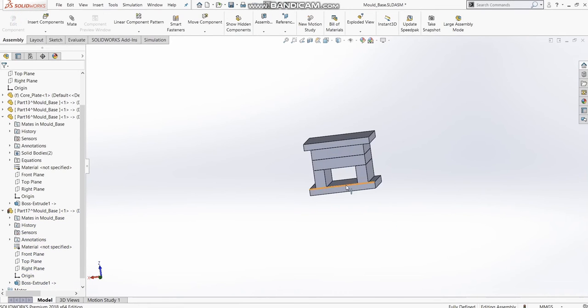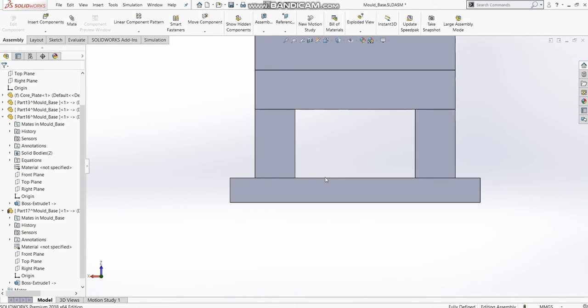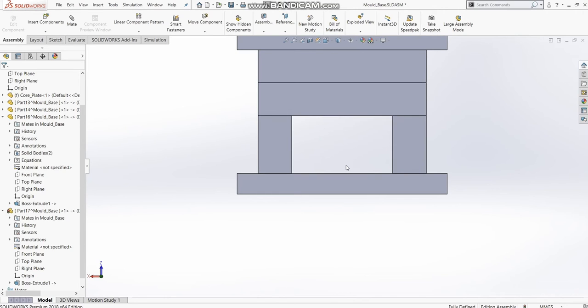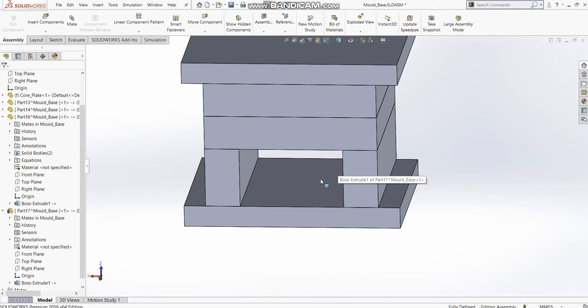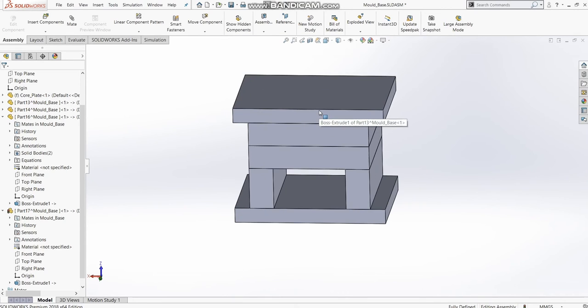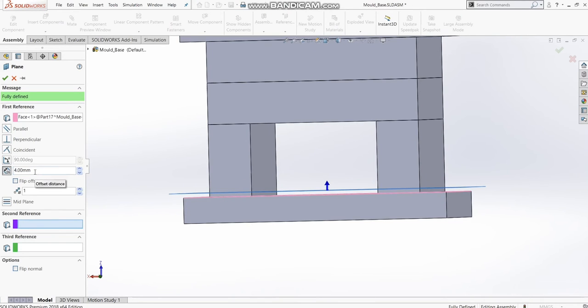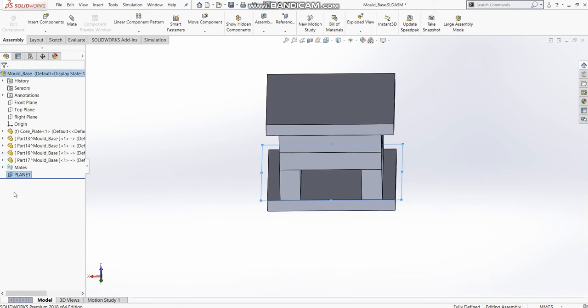The remaining things are the ejector backplate and the ejector plate. Now if you see, between the bottom plate and the ejector backplate there is a gap wherein there are rest buttons. It is approximately 4 to 5 mm from the bottom plate. So we need a plane which is 4 to 5 mm above the bottom plate, so that we can select that plane to prepare a sketch. Before making the ejector backplate, I'll go to reference plane, select this face, and give the distance 4 or 5 mm. That's it, my plane is ready. You can see I've got a new plane over here, that is Plane 1.